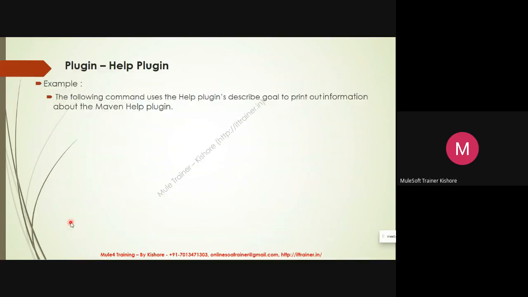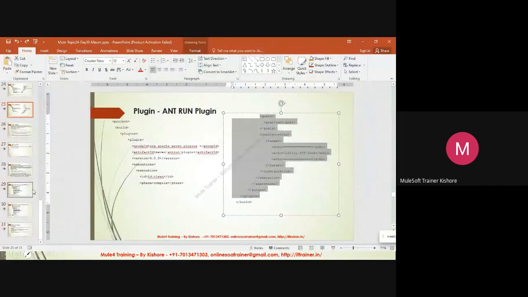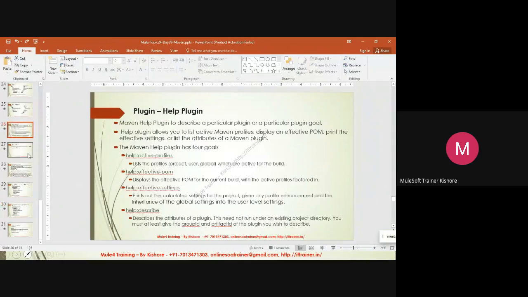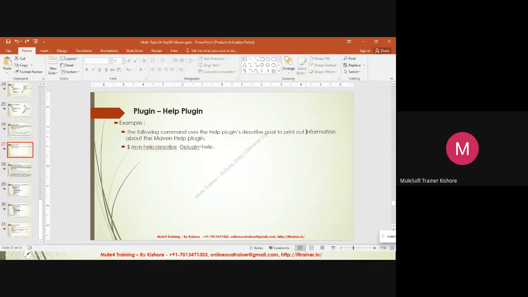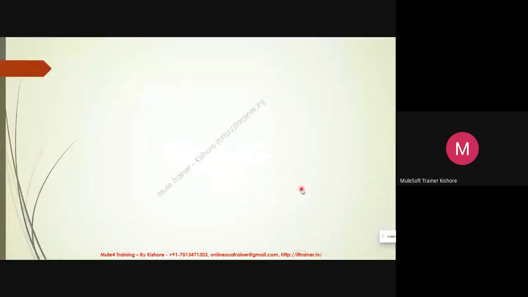So, help plugin example, the following command uses help plugin to describe the goal to print out information about the, is there a space? Let me correct that. Oh, it's a space.